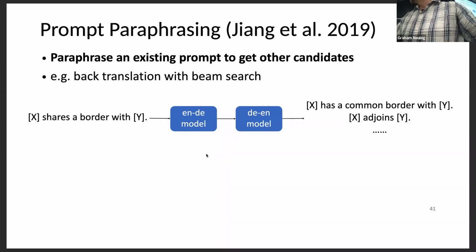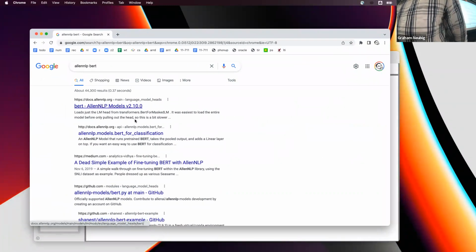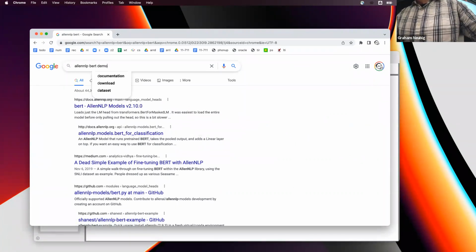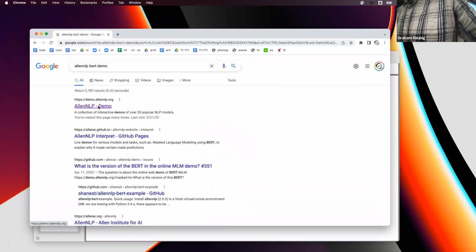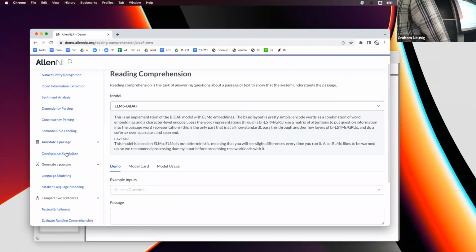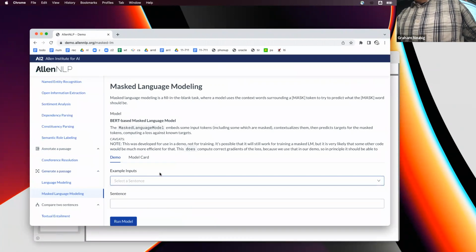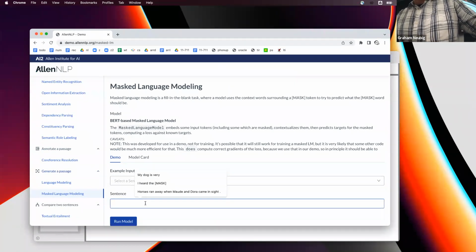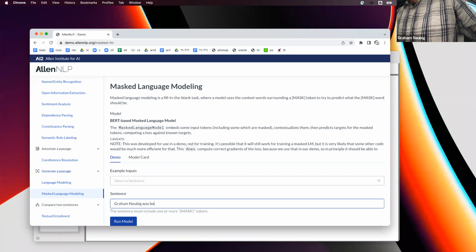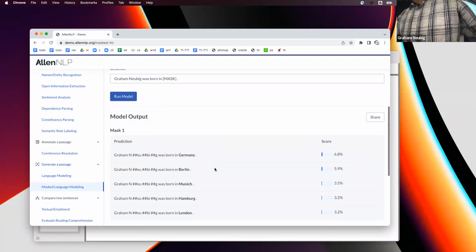yeah, I haven't put it on the screen yet. So let's see if I can. So we have masked language modeling. It predicts Germany, Berlin, Munich, Hamburg, and London.